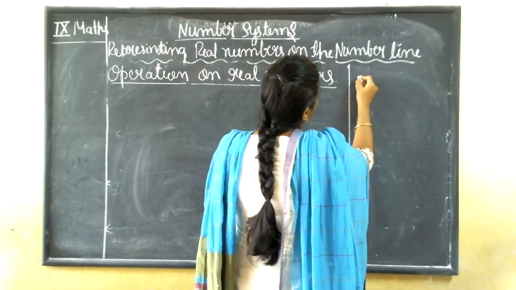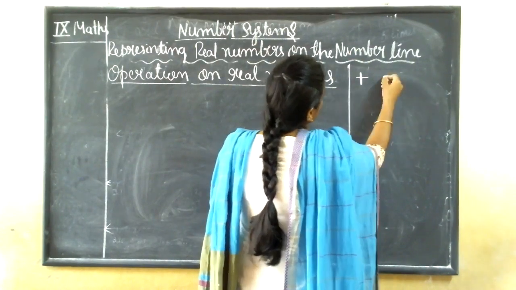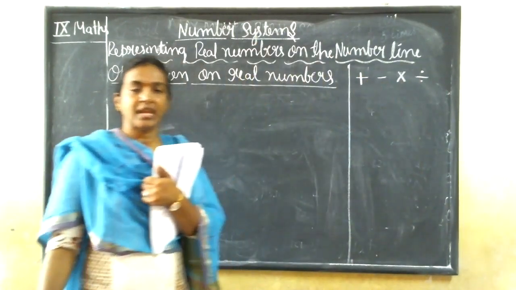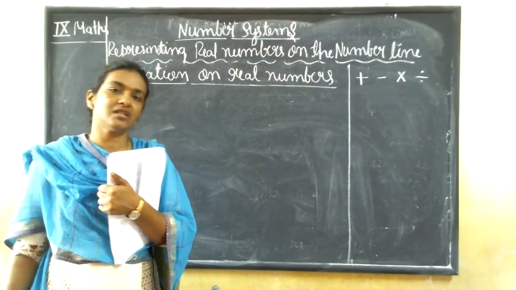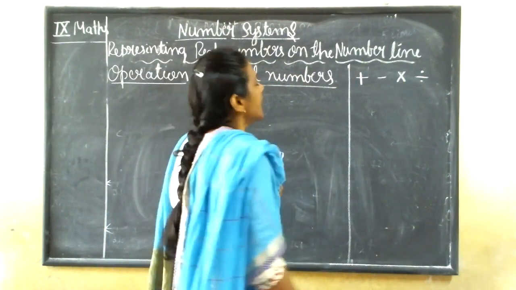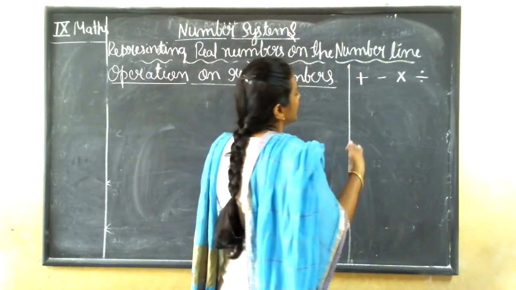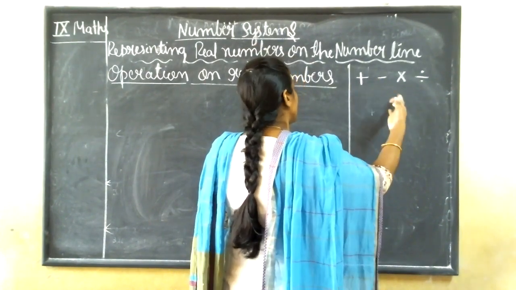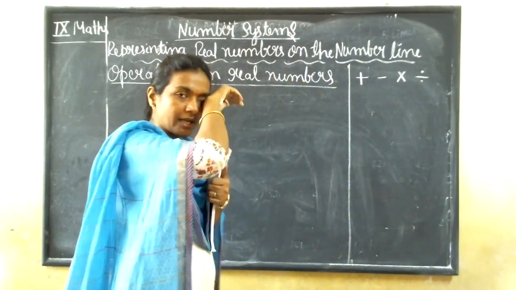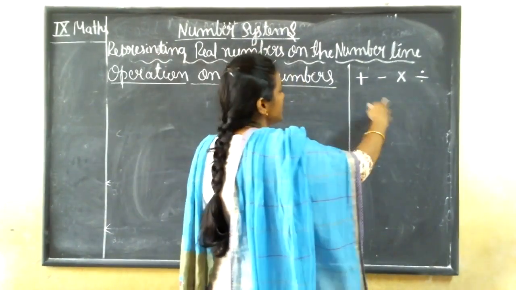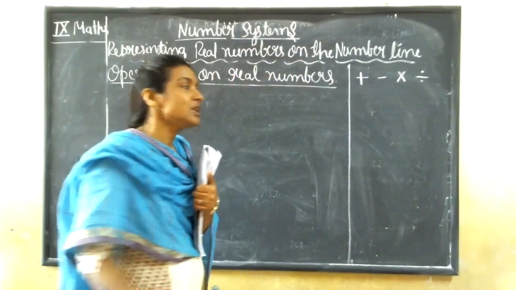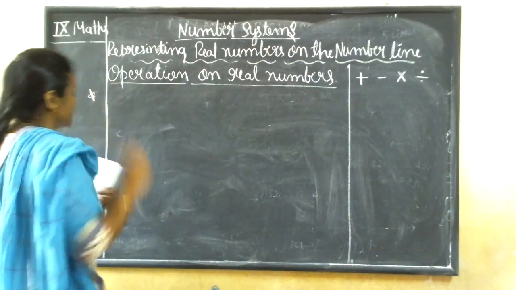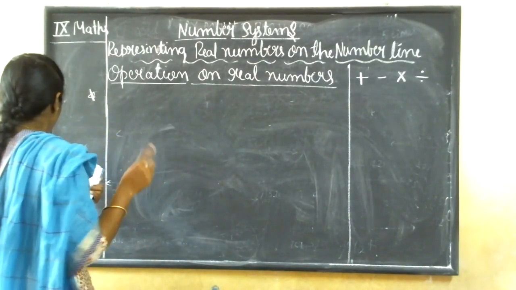What are the mathematical operations? We all know that: addition, subtraction, multiplication, and division are the mathematical operations. And we learned what you get when you add integers, whole numbers, natural numbers and all. All the operations you know how to do them also. Clear? So in this concept, what is the difference here? Let me take a few examples.